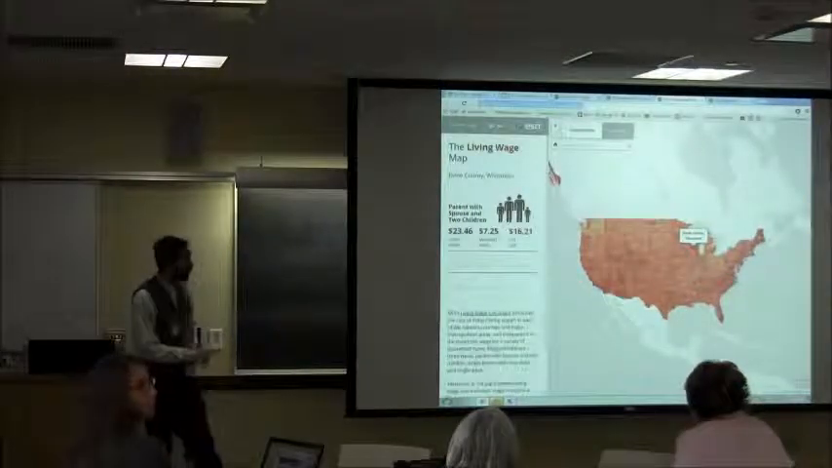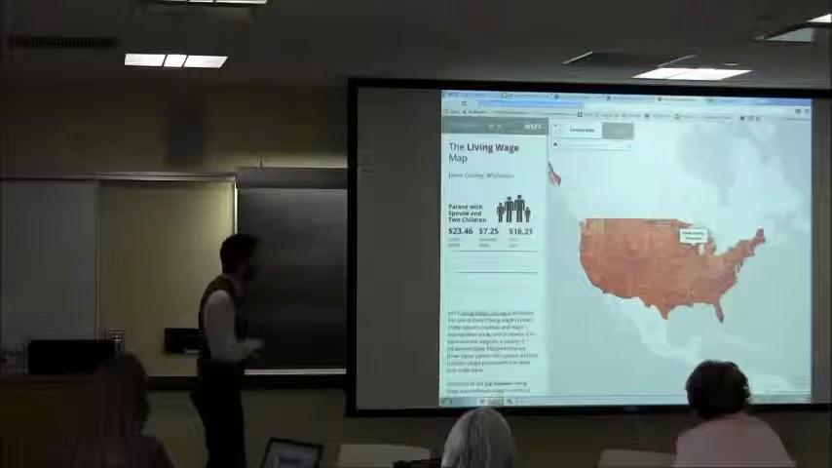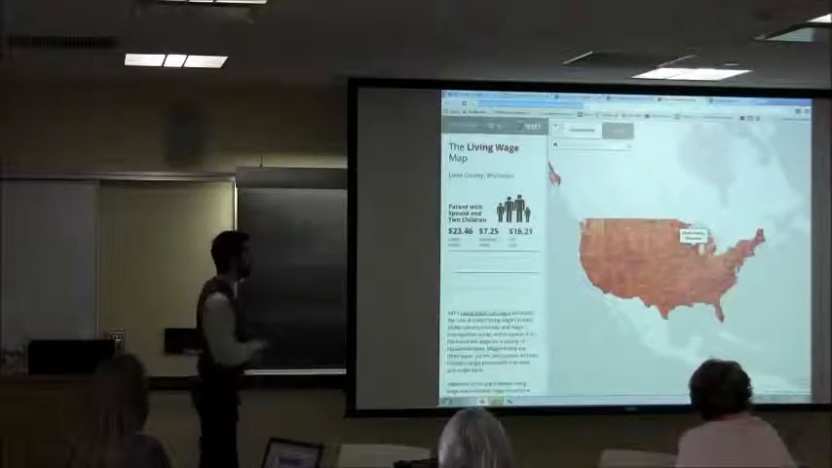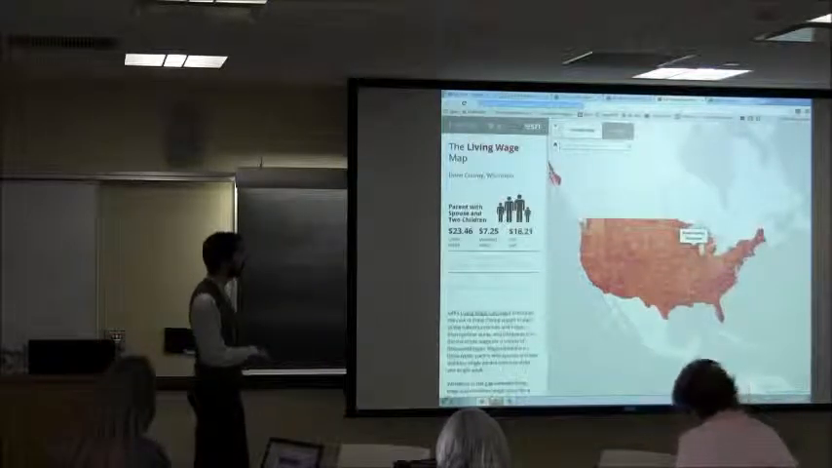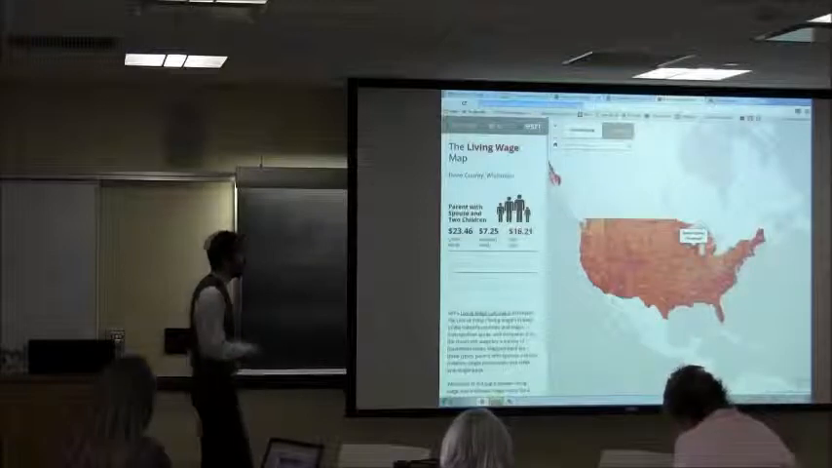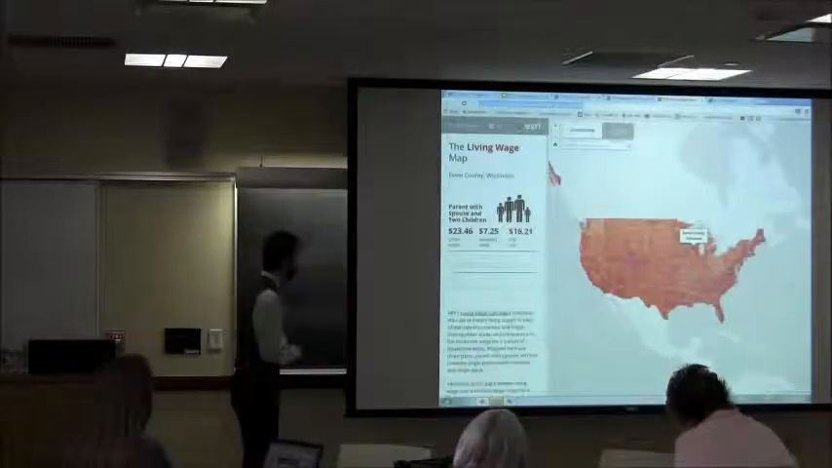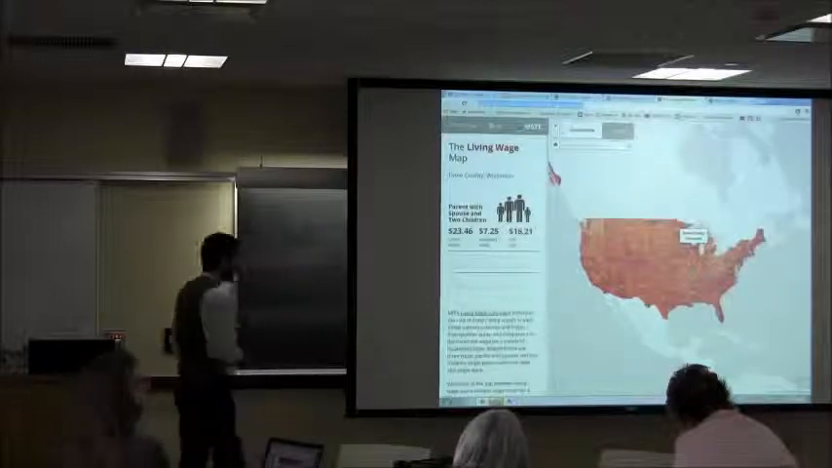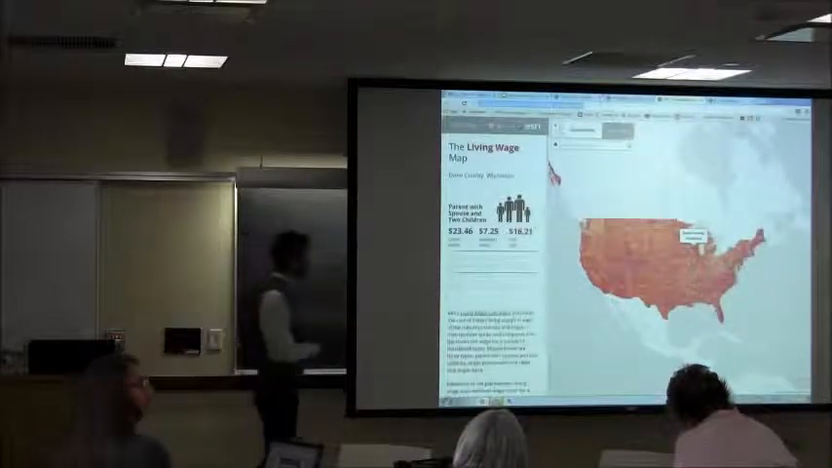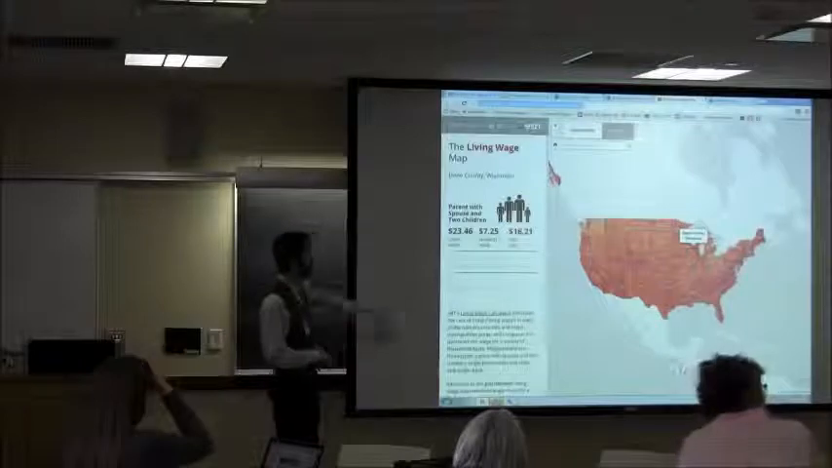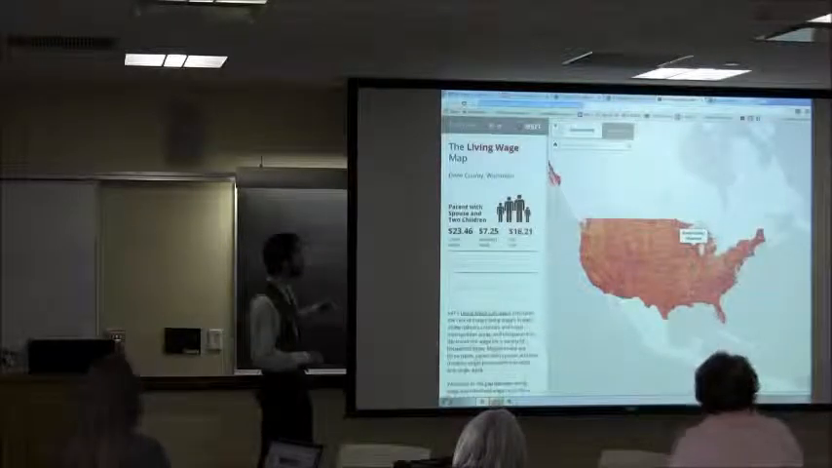This one is interactive in a different way. You've got just the map of the United States, and so this maps out what the minimum wage is and what a living wage would be. This is calculated by professors at MIT using the living wage calculator. So here you can see our own Dane County with minimum wage of